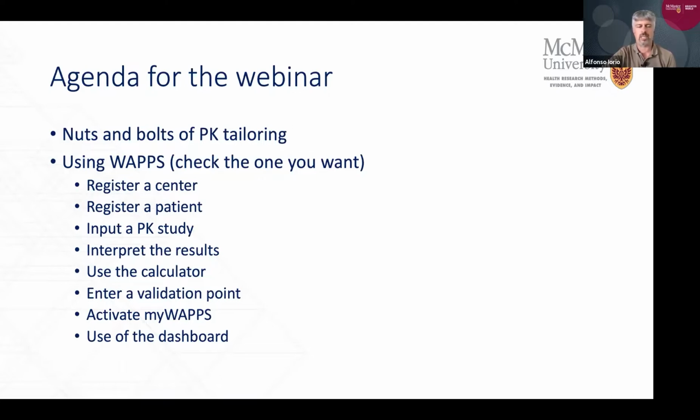So I will touch quickly on what is needed to register a center, register a patient, input the PK study, receive and interpret the result, use the calculator to create a treatment regimen, do a validation step, activate myWAPPS, the patient app that we have developed, and use the dashboard to see how our patients are doing when on